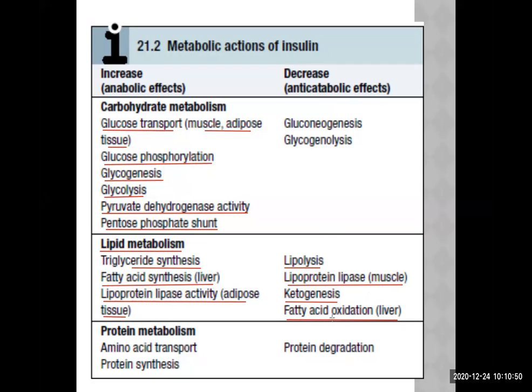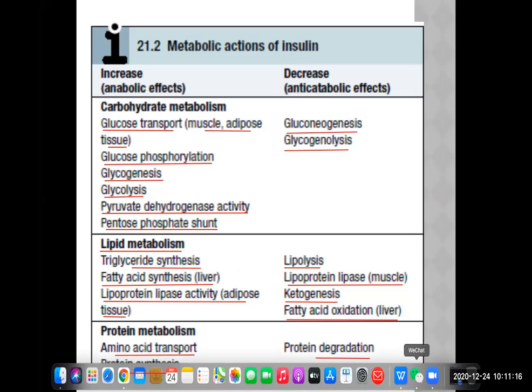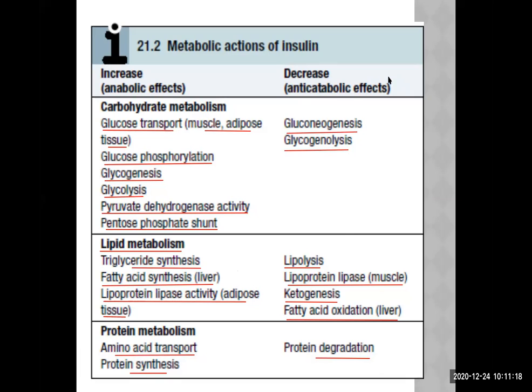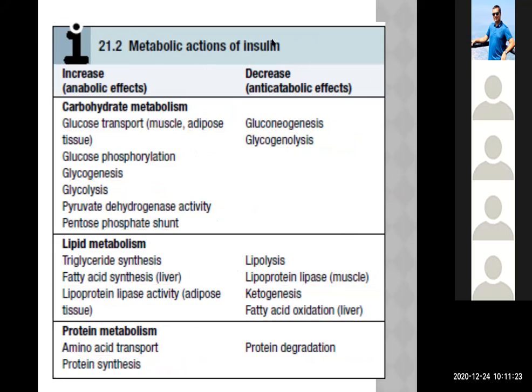So these are known as anti-catabolic effects. This is well known. Gluconeogenesis is always inhibited, and glycogenolysis is also inhibited by insulin. Regarding protein metabolism, amino acid transport is stimulated inside the cell so that there is more protein synthesis, which is an anabolic effect, and protein degradation is inhibited by insulin. So this is a concept. Please repeat this. Sometimes it is a little bit confusing in the beginning, so I need to have more repetition and revision here.